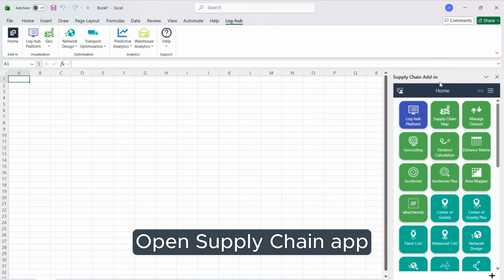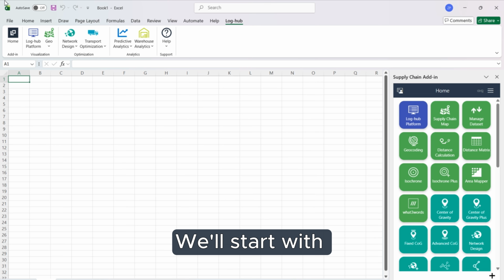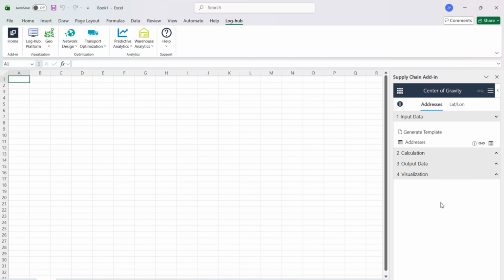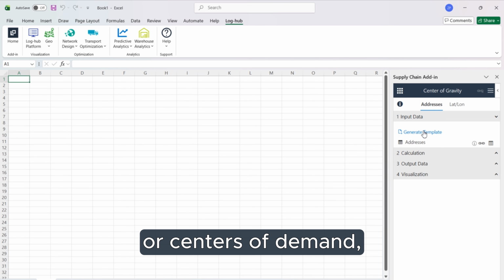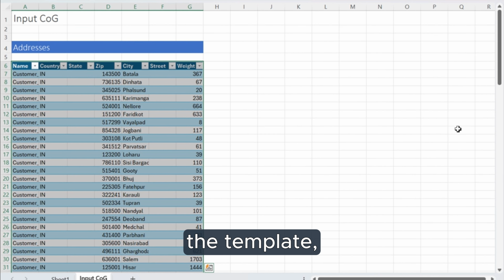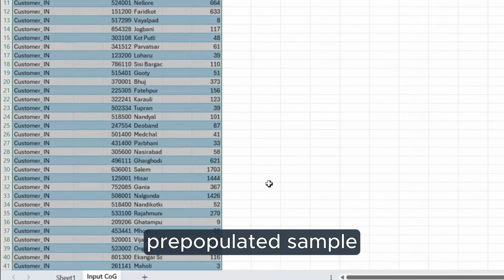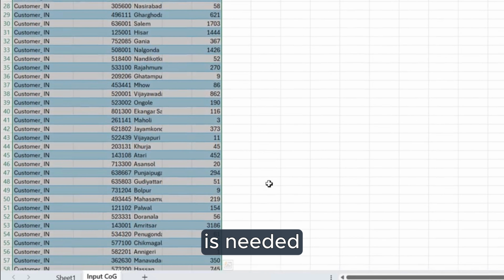Let's go step by step and highlight what makes each one unique. Open Supply Chain App setting located in Excel. We'll start with the Center of Gravity app, the foundation for location optimization. This app determines the geographically weighted center or centers of demand, based on your customer or supplier addresses. When you generate the template, it comes with the pre-populated sample data, showing what information is needed and how to